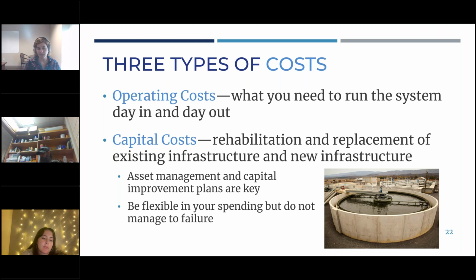But what we often recommend is starting with asset management. Do you understand the system as it exists now? If so, that can help the utility prioritize projects going forward, identify the projects that absolutely need to be done now versus those that can be pushed off a bit into the future, and then better align your capital resources to align with those capital needs.